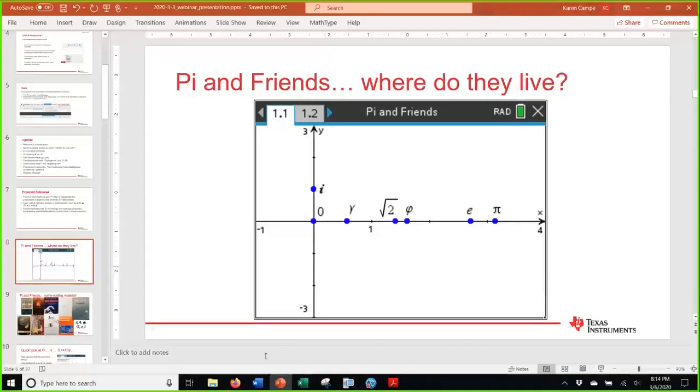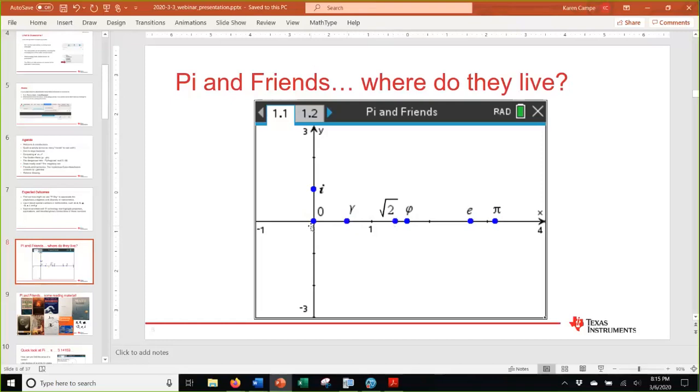Okay. Well, before we jump right in with all of our activities about pi and these other special numbers, we wanted to take a quick look about where do all these numbers live. I had to look up some of these values, and so I'm pretty sure that all of you listening knew that pi was approximately equal to 3.14159. But let's look at them on the number line. Here's pi. e is to the left. Here's phi, the golden ratio, square root of 2, gamma, 0.